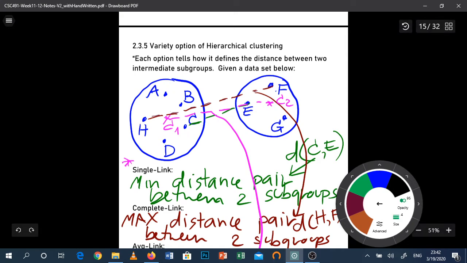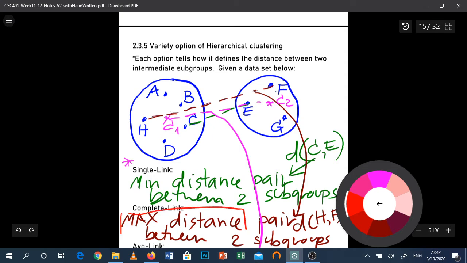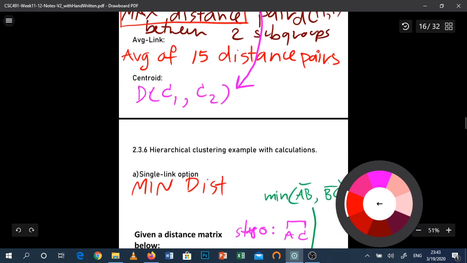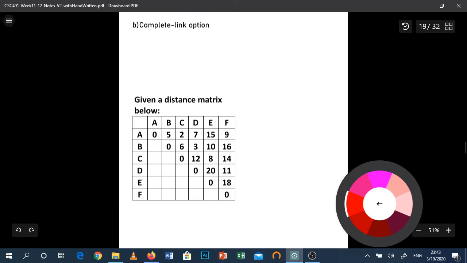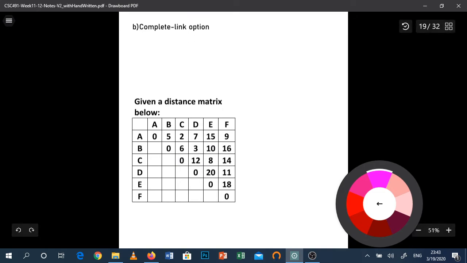So complete link implies we are using the maximum distance, and we'll use this distance to update the distance matrix during the stages of complete link hierarchical clustering. So let's start with a similar data set. Keep in mind, as a reminder, we are using the maximum distance pair